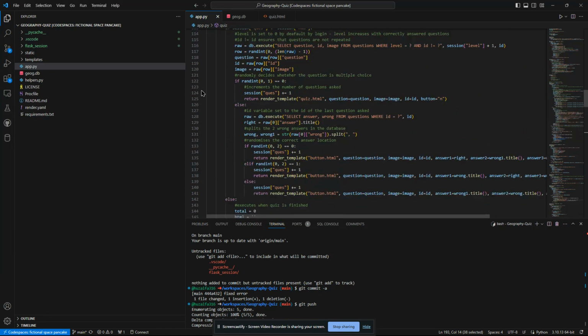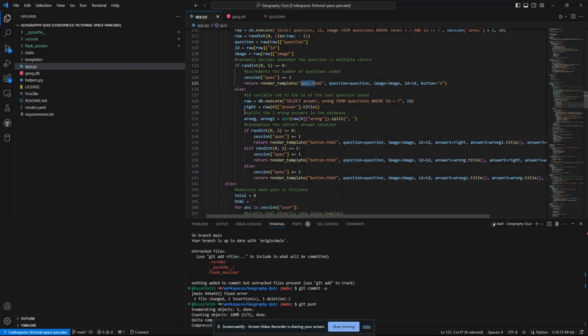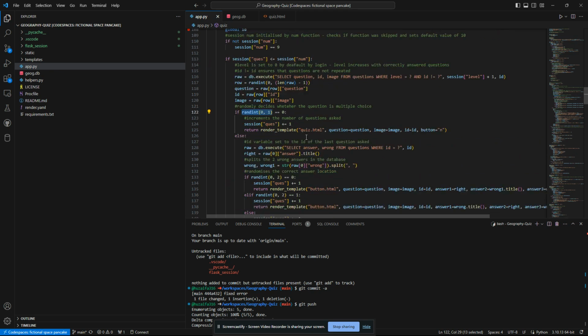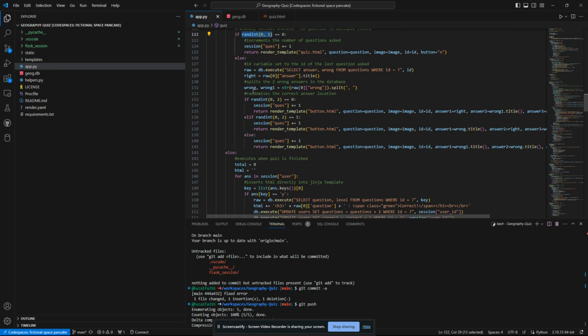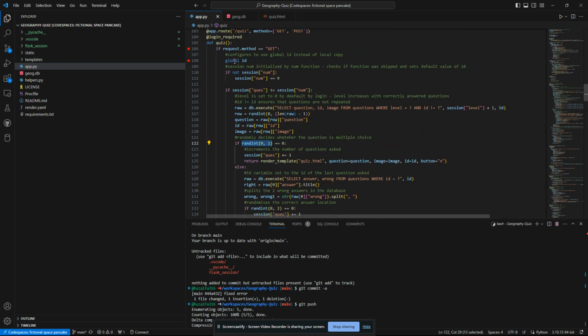So here we can either have an input, which is quiz HTML, so it has an input box for you to put the answer in, or it can be multiple choice, and that's defined by random. So it'll be random whether you get multiple choice or an input box. And if you finish the quiz, as if this variable evaluates to false,